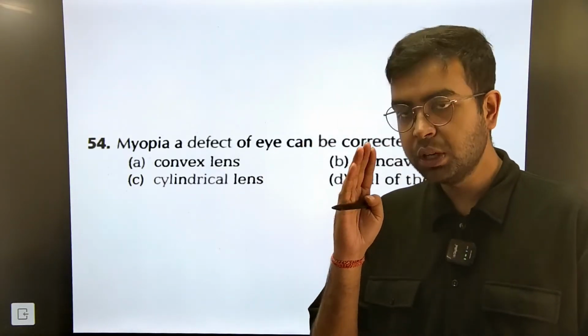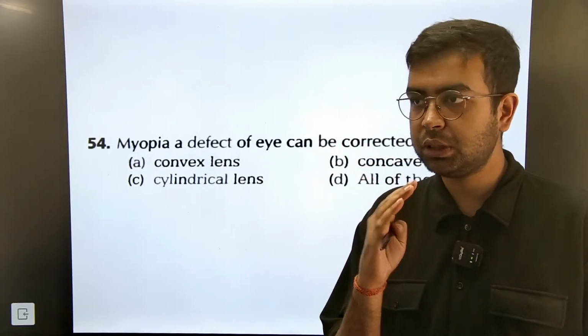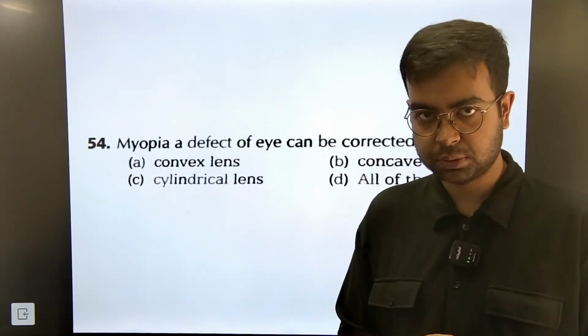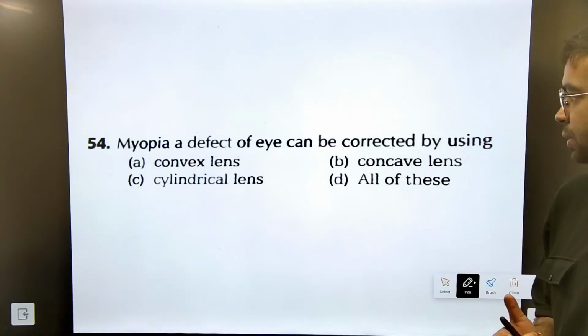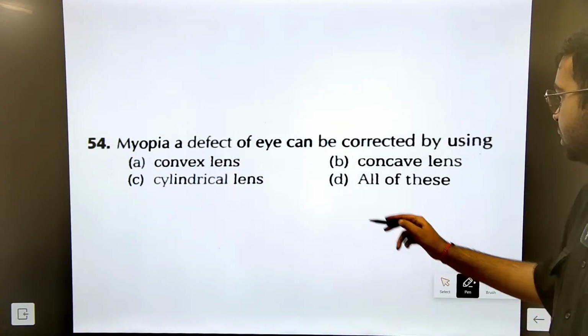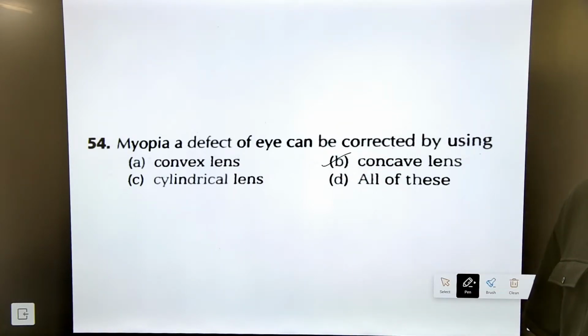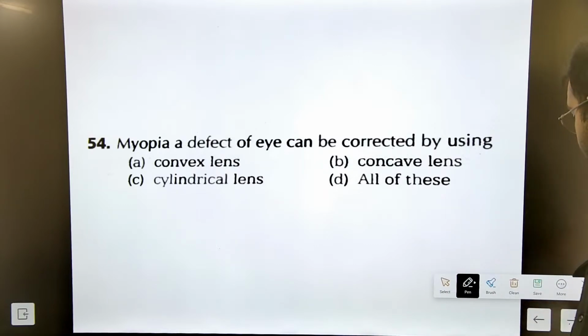Because you can only see things which are at a shorter distance from you। दूर की चीजें नहीं दिखाई देती। ठीक है? Myopia में you get a minus power in your eye। So which lens can be used to treat myopia? The answer is option B, concave lens। Concave lenses are used to treat myopia।